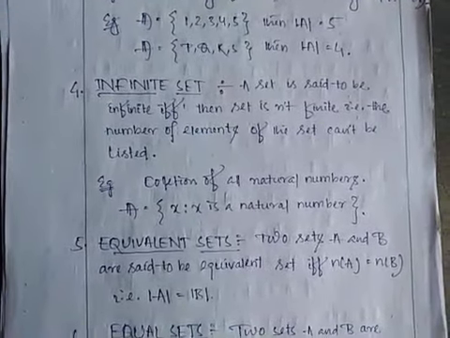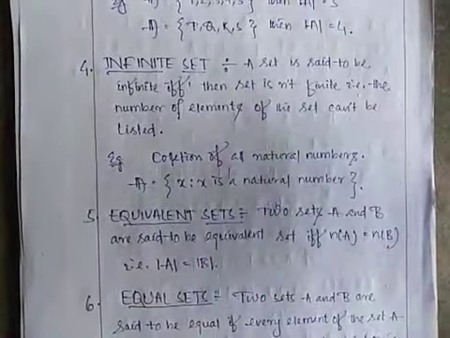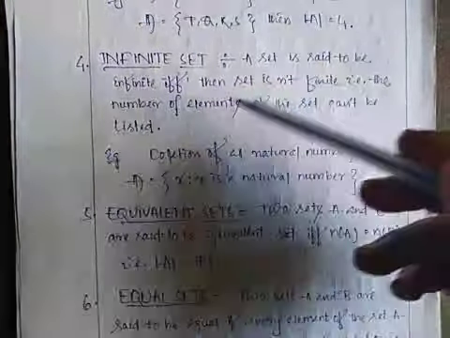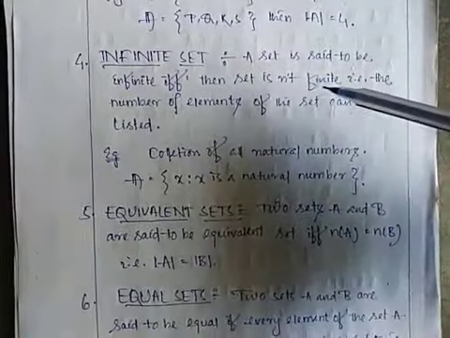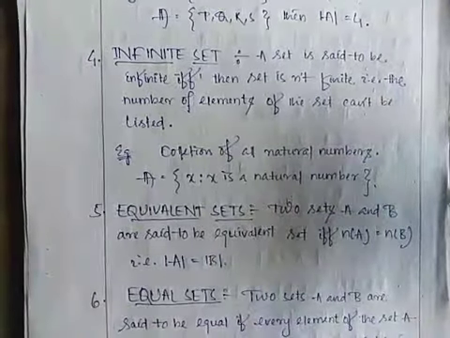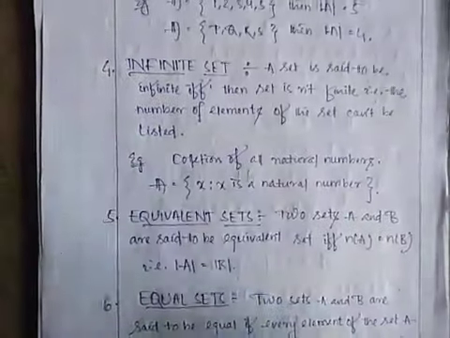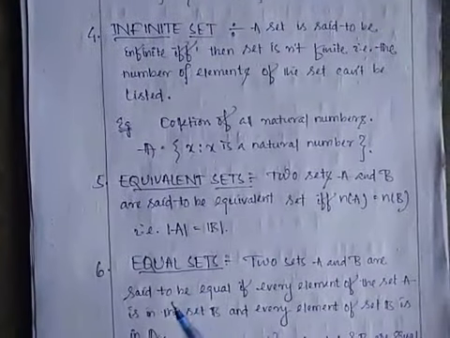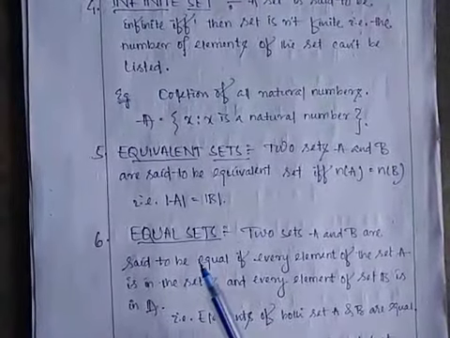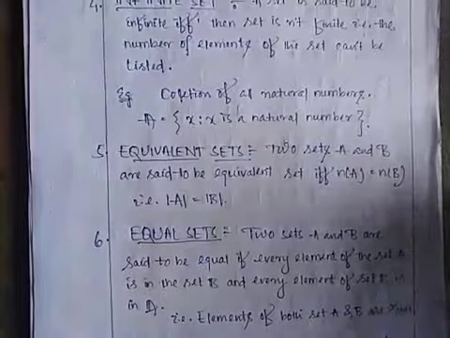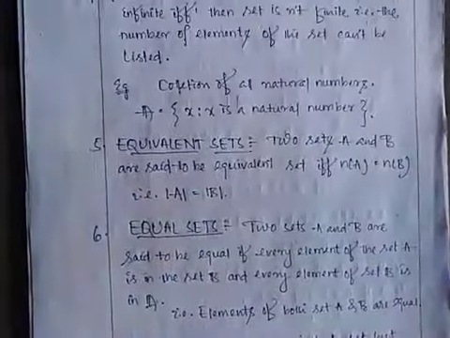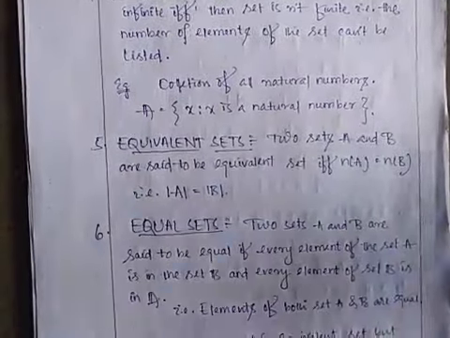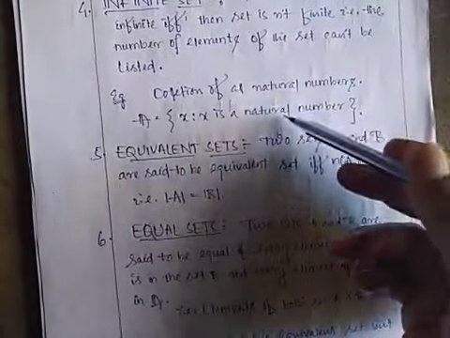Then what is an infinite set? When finite exists, then infinite also exists. If a set is not finite, then it is an infinite set. That means we cannot list the elements of the set. In the natural number set, can you count the number of elements? No, because if you say this is the total number of natural numbers, then we can name one more natural number apart from those. So we cannot list the natural numbers.